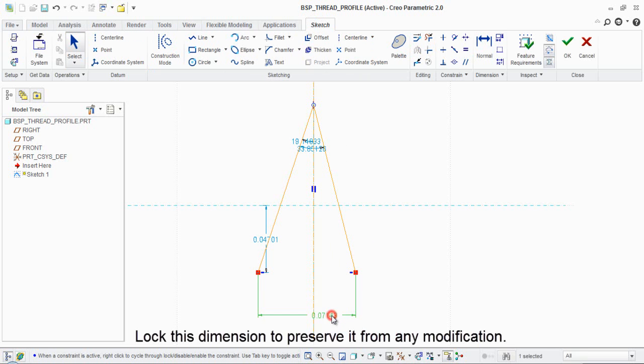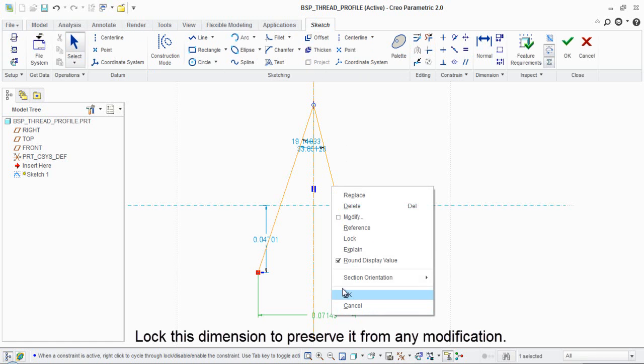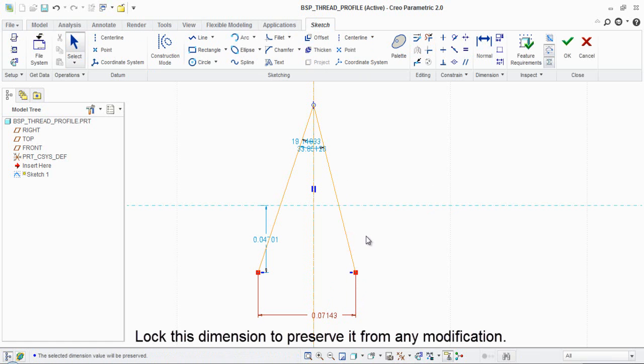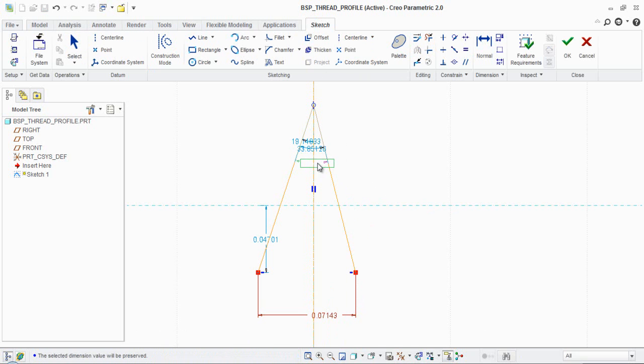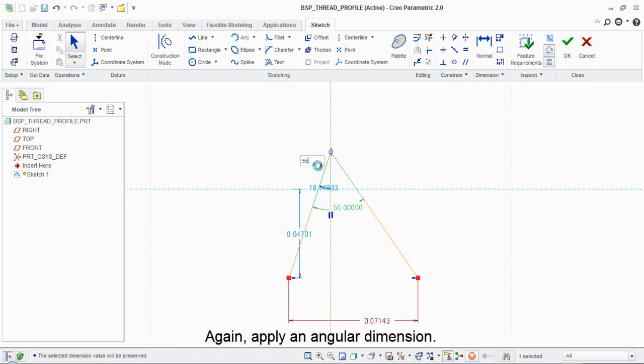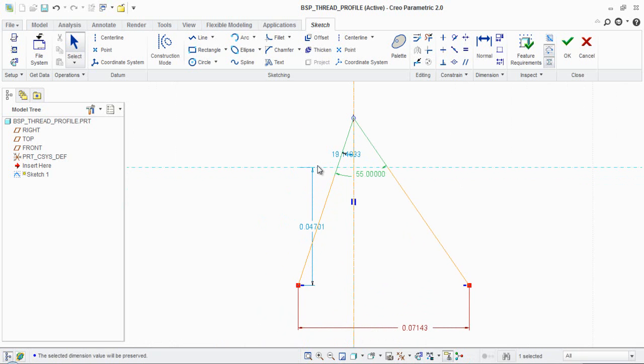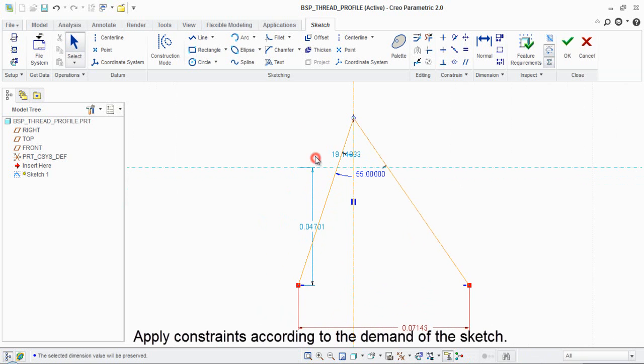Lock this dimension to prevent any modification. Again, apply an angular dimension. Apply constraints according to the demand of the sketch.